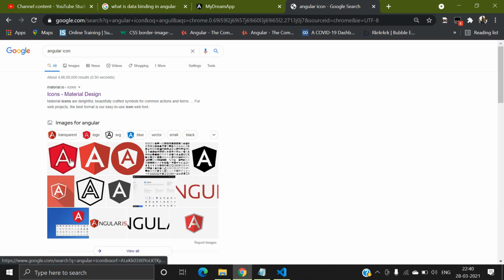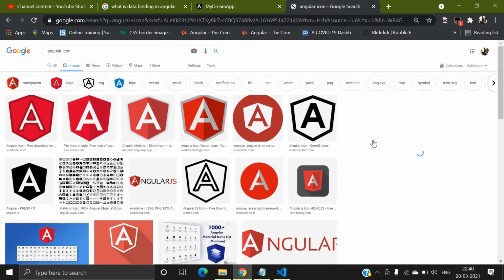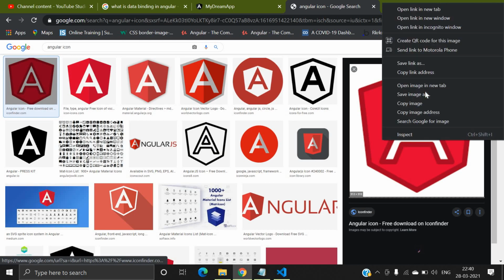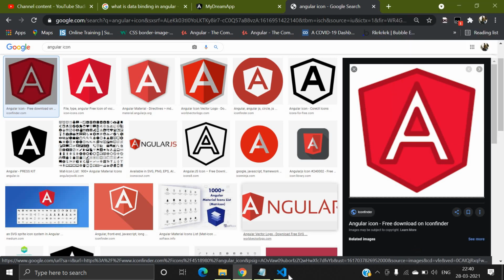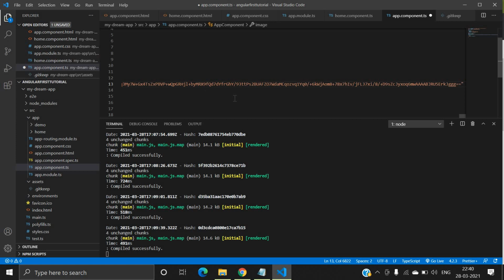I will take one URL of an image, copy the URL of the image address, and put it inside image as a string.